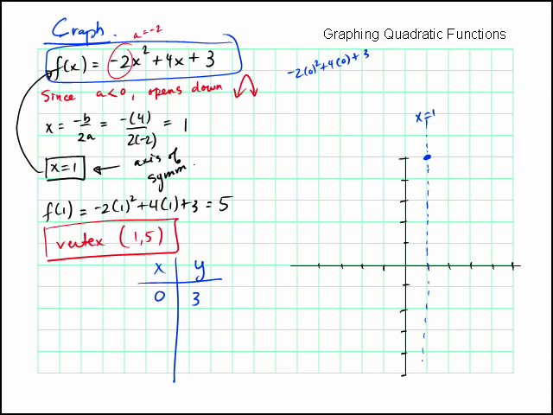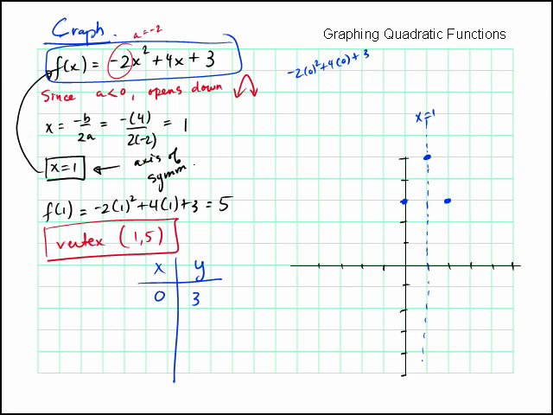Right there. Because of symmetry, our parabola will also go through this point right over here. Because remember, our parabola has to be symmetric about this line of symmetry. Let's now try